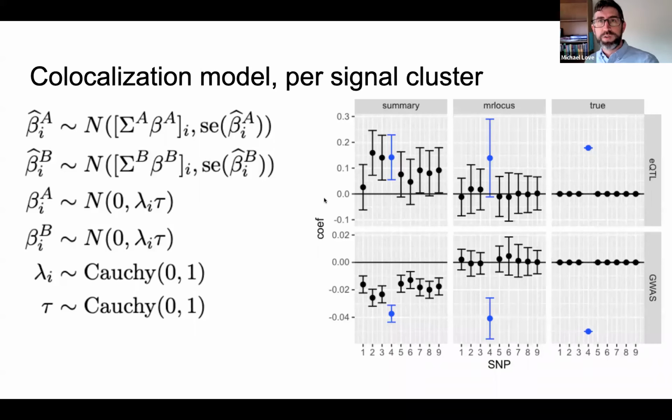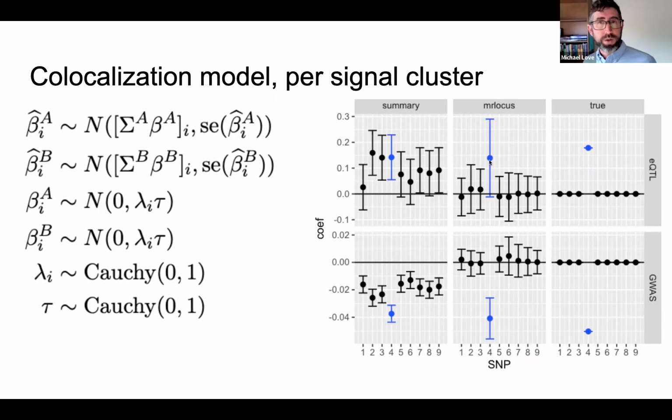It favors sparse solutions. It doesn't send the other variants associated by LD to 0, but it helps to pluck out the likely true variant. And in the case that there's not co-localization, we found that it was better than existing methods at identifying the